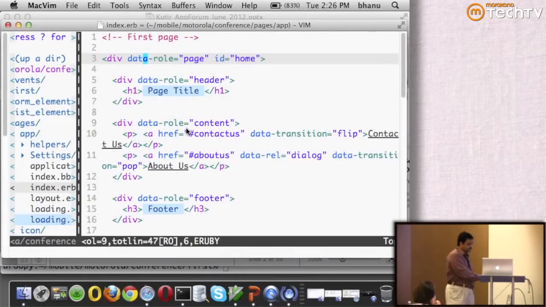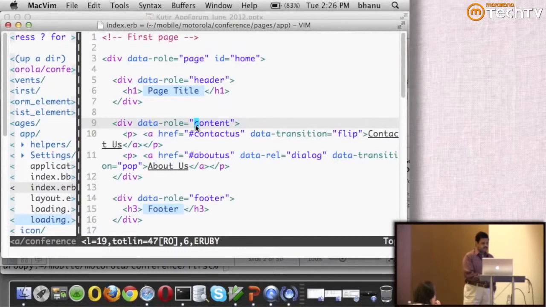Then I defined that my page has a header, and I gave it a title, and then I said there is something called data role equal to content, and inside the content I have two links. One is to contact us and one is to know more about us.